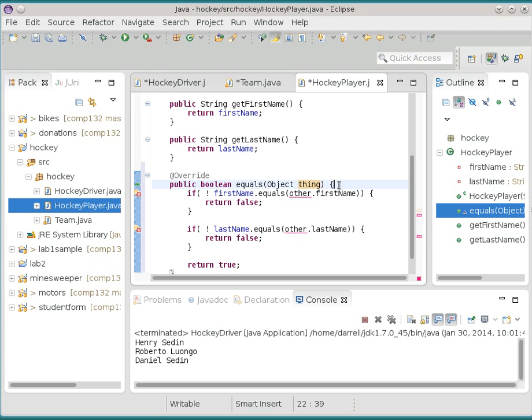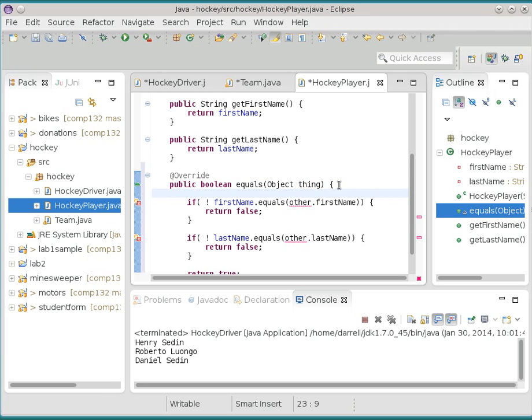But you'd better be passing me a hockey player because that's the only thing that makes sense. So I'm going to put this thing into a hockey player variable. Oh, look, other is a good name. And now I'm going to say that thing